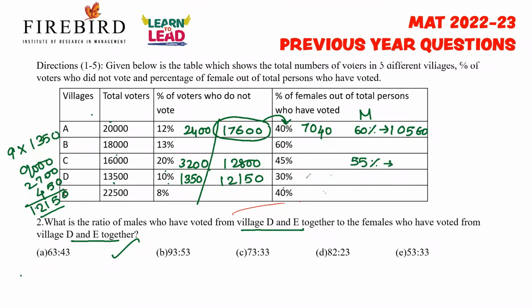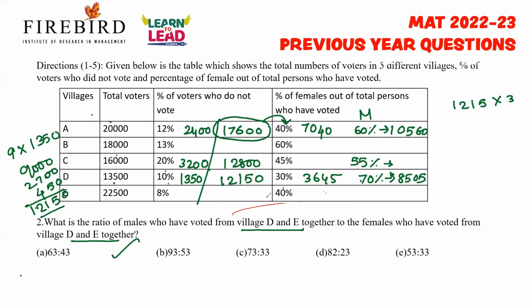Okay, in that 30%, can you tell me what is 30% of 12,150? It is very simple, into 3, 3,645. And remaining 70% are the people who have voted. That is male voters. Okay, males who have voted. So what is 70% of 12,150? So you can easily calculate. So 7 into 1,000, 7,000, 7 into 200, 1,400, 7 into 150. So if you add all the values, you'll get 8,505